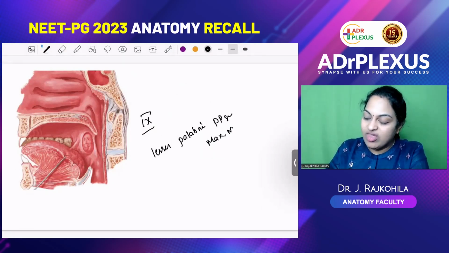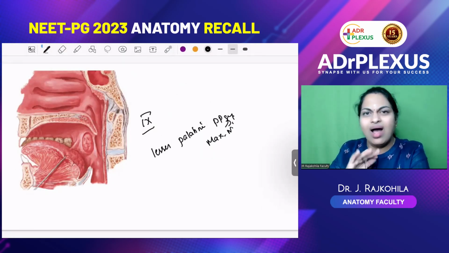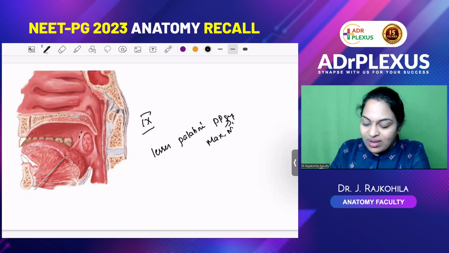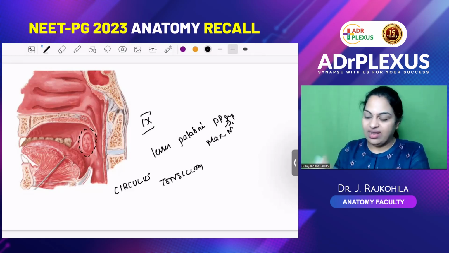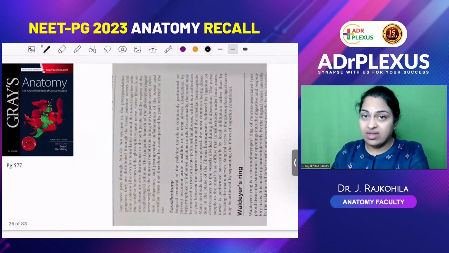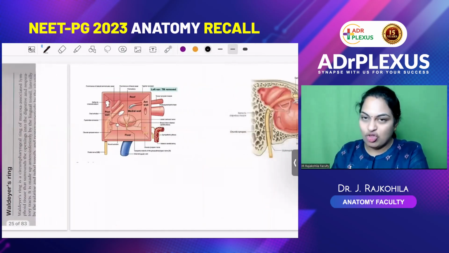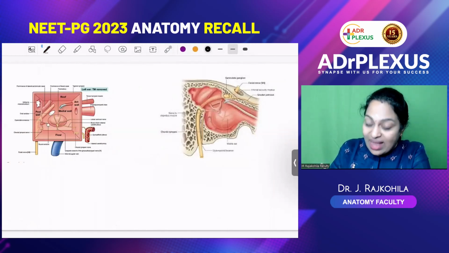the pterygopalatine, which passes through the pterygopalatine ganglion uninterrupted, they form a plexus around the palatine tonsil called the circulus tonsillaris. Okay, that's fine. Now, this ninth nerve will give a tympanic branch that is going to enter the middle